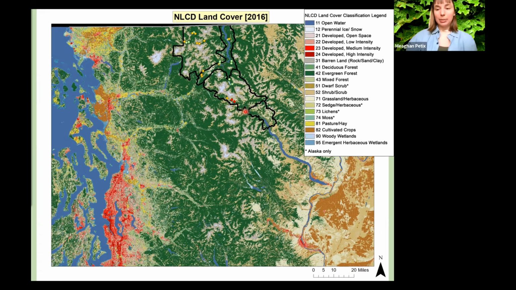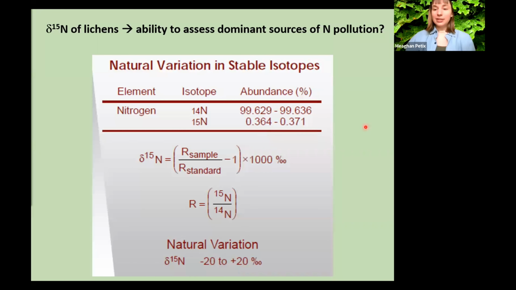This includes the Cascade Pass area that I pointed out here that had the highest percent nitrogen values, and it's situated closest to this large red shaded area here, which is the Seattle metropolitan area. So proximity to nitrogen pollution sources, as well as landscape features and meteorological variables, are likely influencing rates of nitrogen deposition in the North Cascades. Analyzing lichen nitrogen content will help us assess patterns of deposition across the North Cascades. I'll also be assessing the nitrogen stable isotope composition of collected lichen samples to be able to assess dominant sources